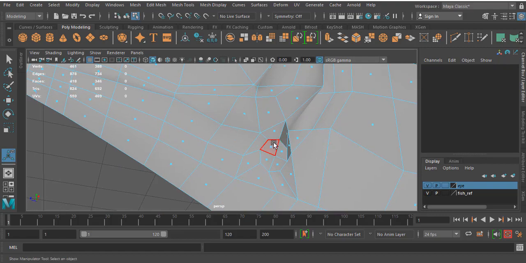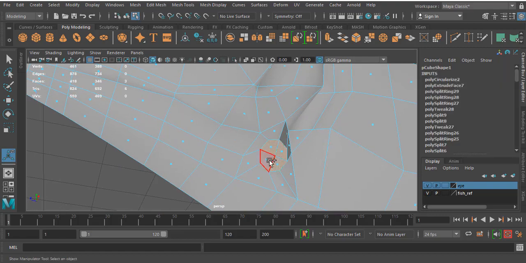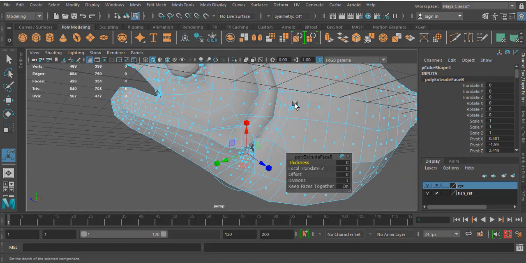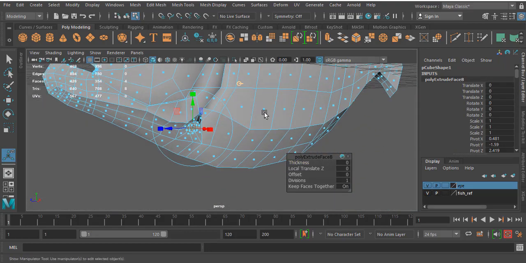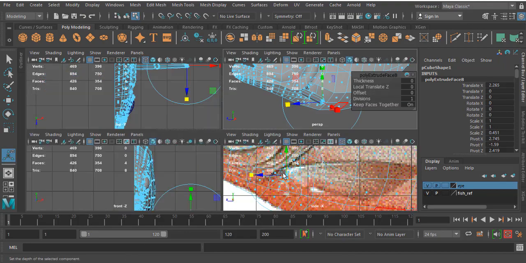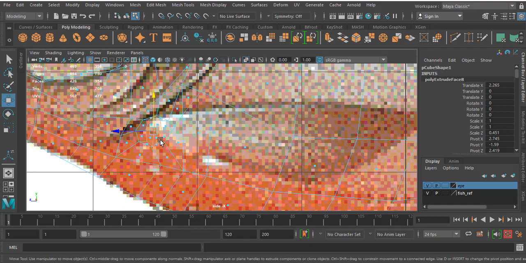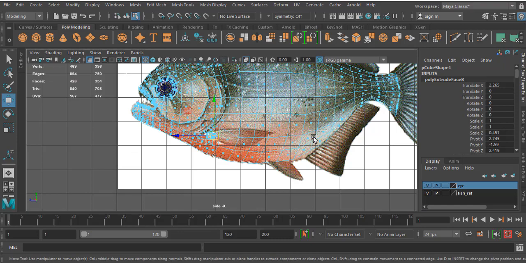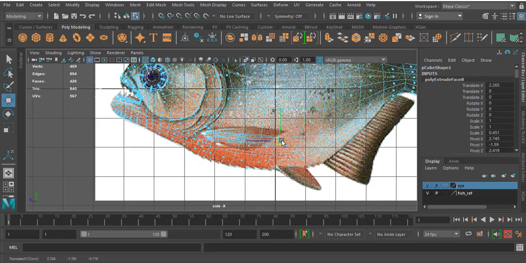Now I select these 3-4 faces, extrude, just move it out, scale it, place it over here.